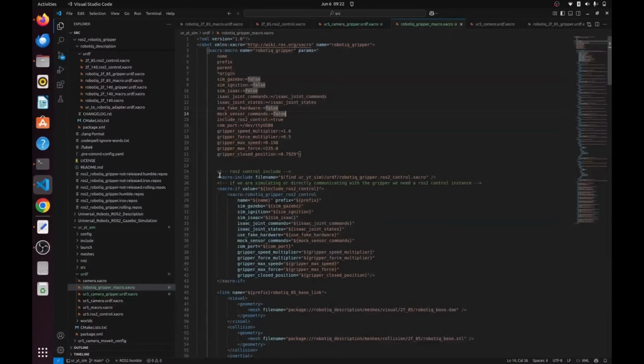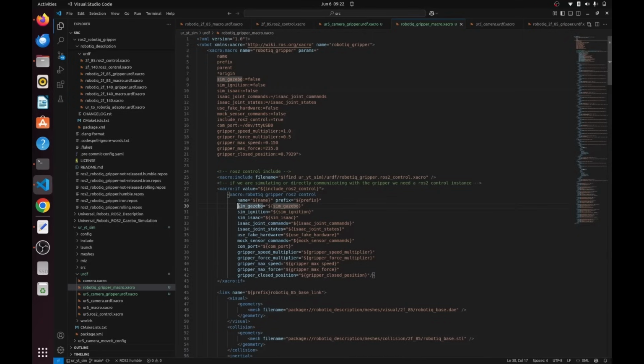Okay, and then here I have decided to put this file inside our folder,